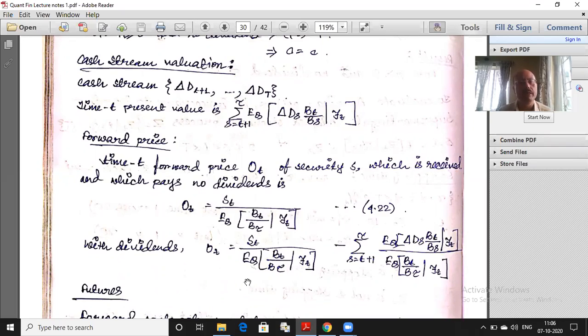So if I want to look at forward prices, the future price of a stock which is going to give you dividends, then I need to deduct it from here. And then the final expression will be like this. And again, the expressions will become much simpler if you have a non-stochastic interest rate. All those B expressions will come out of the expectation and a lot of cancellations will happen. It would be much easier.